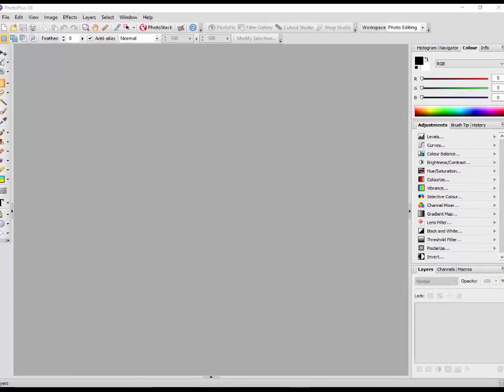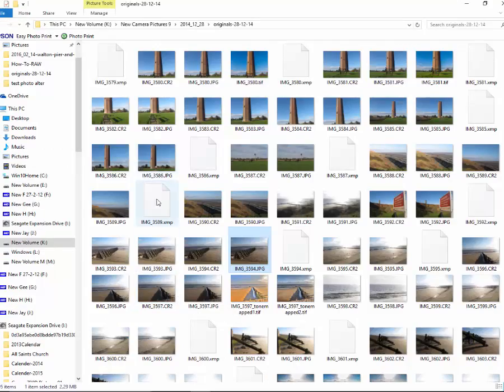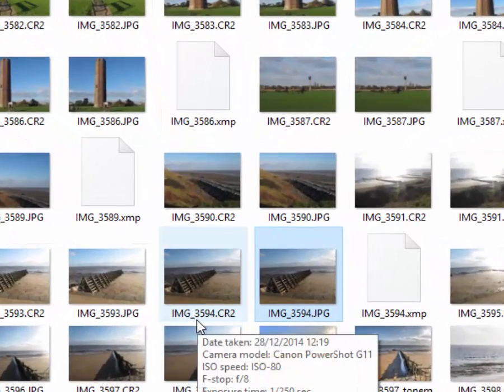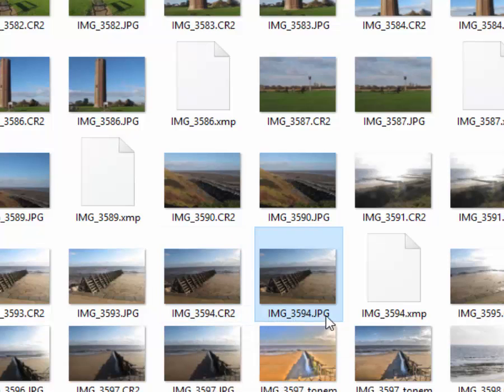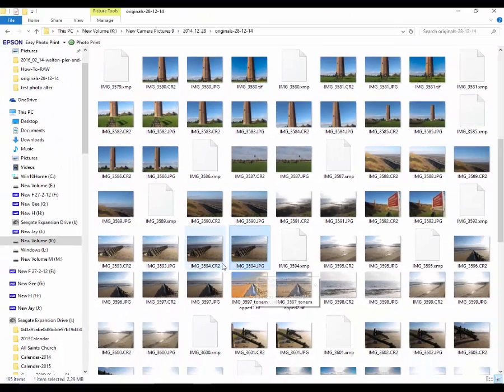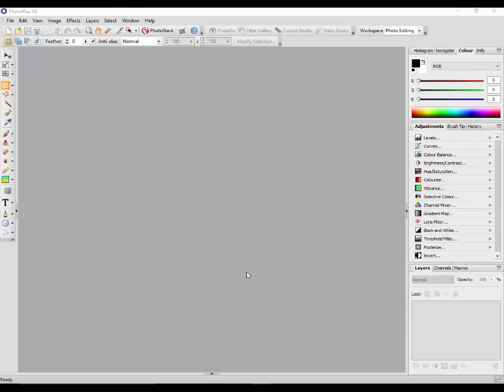And I just want to quickly pick a RAW file, which is going to be this image 3594.cr2, which is the RAW file version of this one here, image 3594.jpg. So if I right click on that and open in Serif,